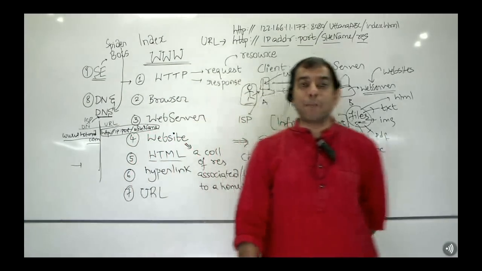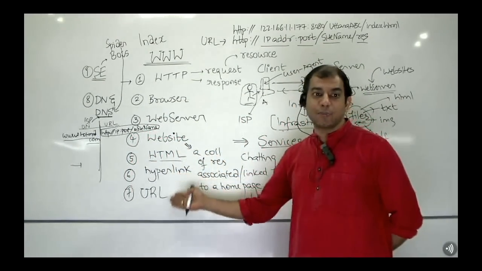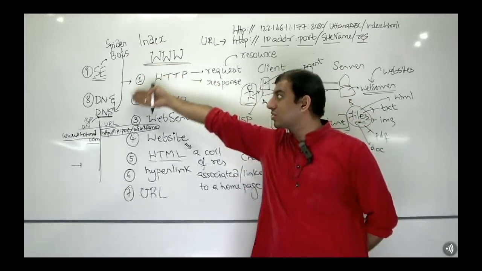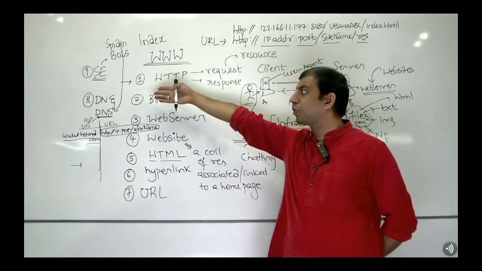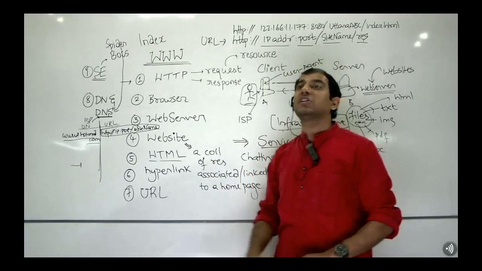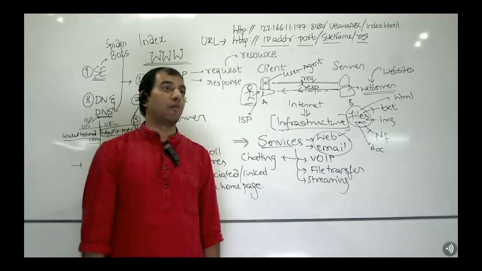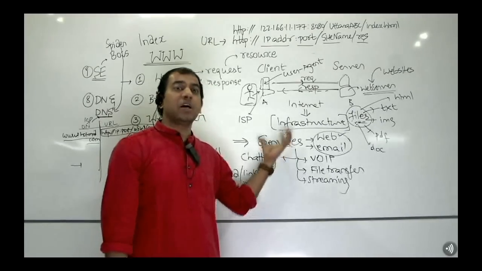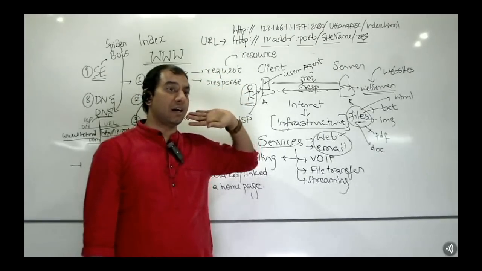So what is the web? It's not just websites, not just web pages, not just hyperlinks, URLs, domain names, browsers, web server, HTTP, not just search engine, not just all the domain name servers and ISPs put together. No, it's a combination of all of it. All of this coming together to make the internet human usable is what we call the World Wide Web. And what is the World Wide Web? It is nothing but a service that utilizes the internet infrastructure to humanize the internet.